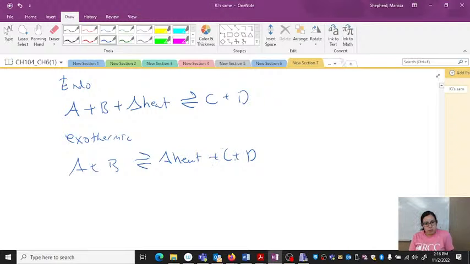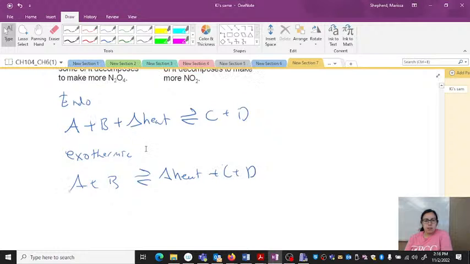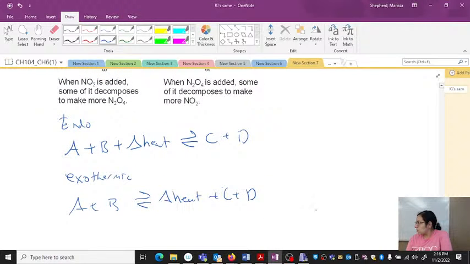And you could cool it down, and that might cause it to go faster. So you cool it down, remove heat. That would cause A plus B then to be favorable. So this should help you with your lab, so then you can look at the last part where you're looking